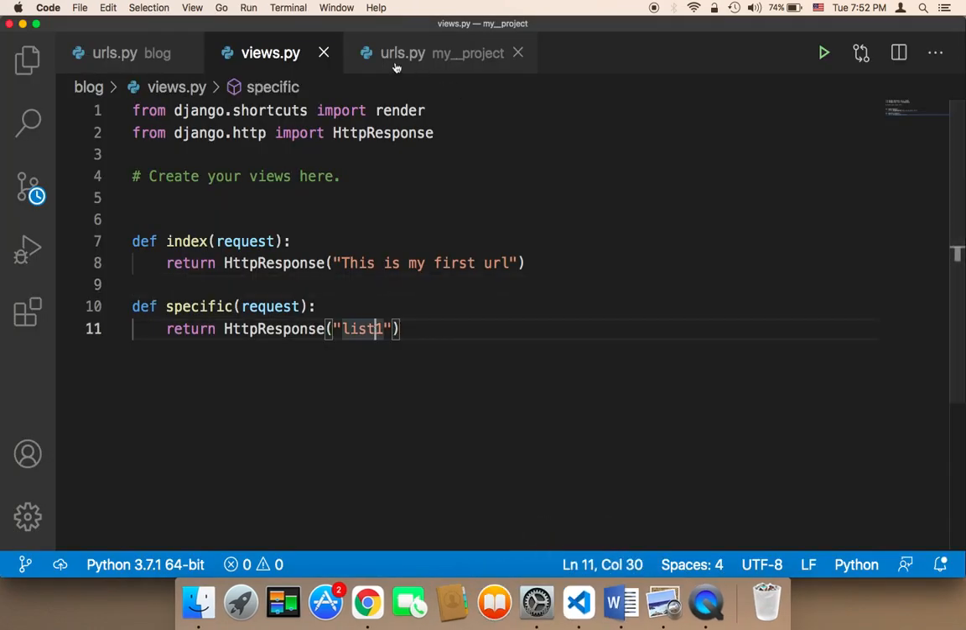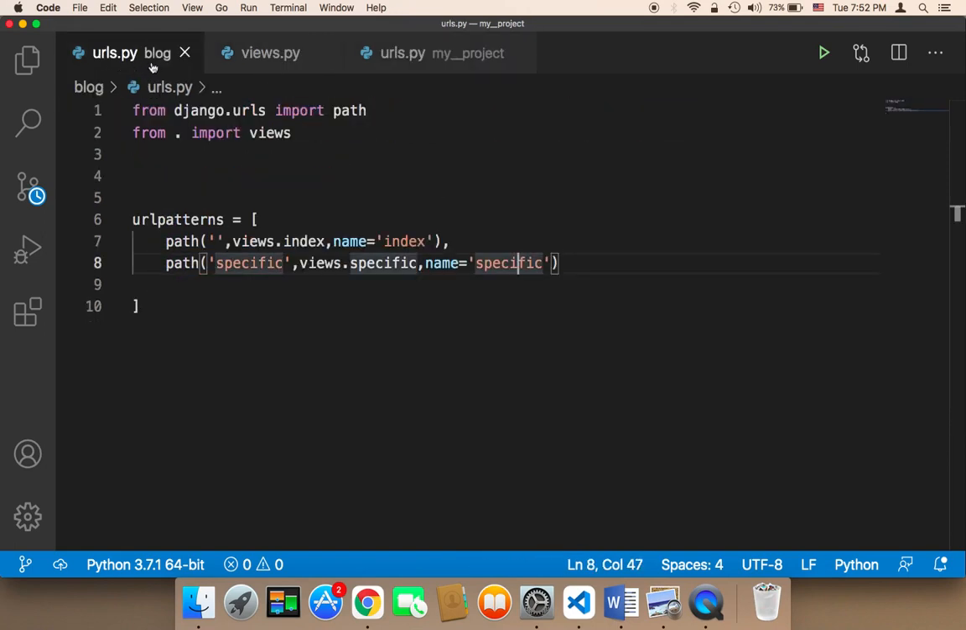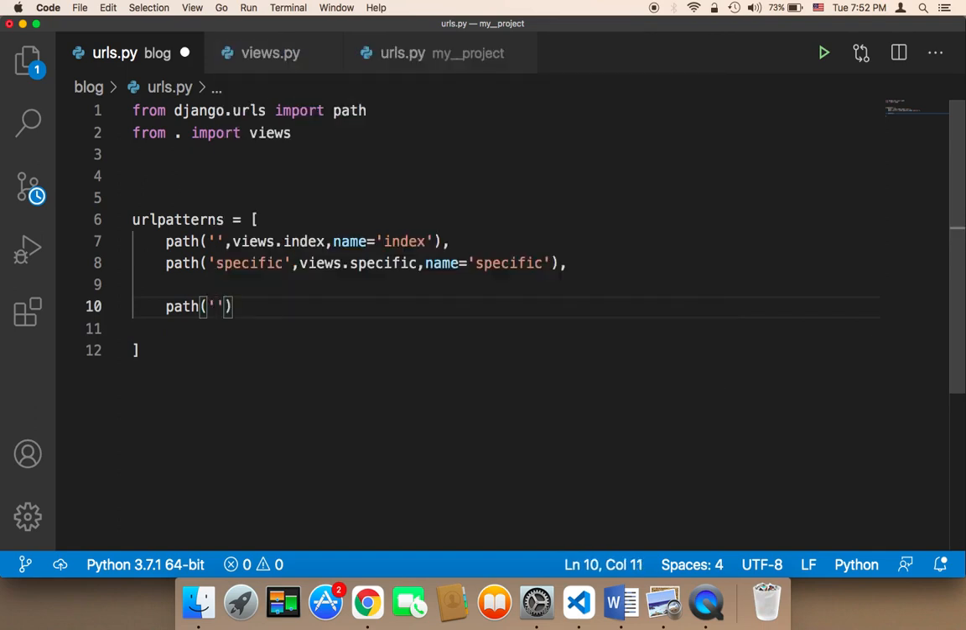So to do that in Django, first of all, we need to head on over to the urls.py that's inside the blog. And then here, let's create a new path, a new URL. I'm going to say path, and then let's give it a new name. I'm going to say article,